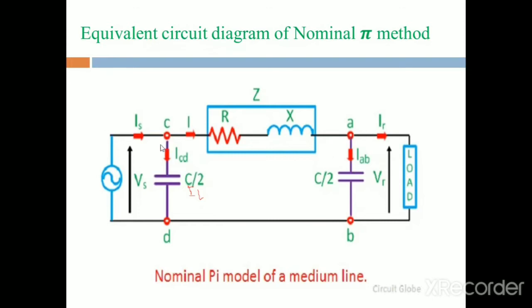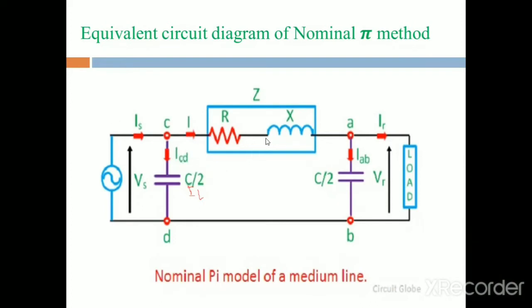That is the representation of the currents in the phasor diagram. First, apply KCL at node point C. Entering currents is equal to leaving currents. These two are the leaving currents and this is the entering current. Entering to the node is the IS. IS is equal to the leaving current, that is IL plus ICS. ICD means the ICS.